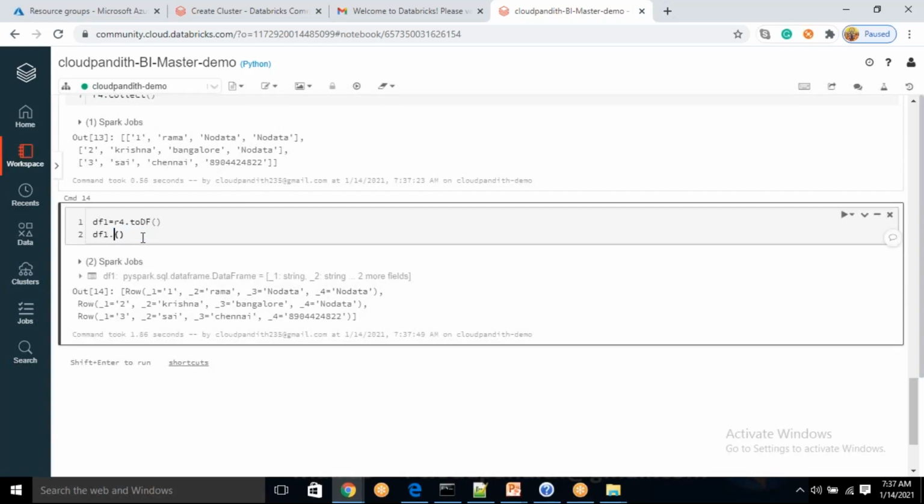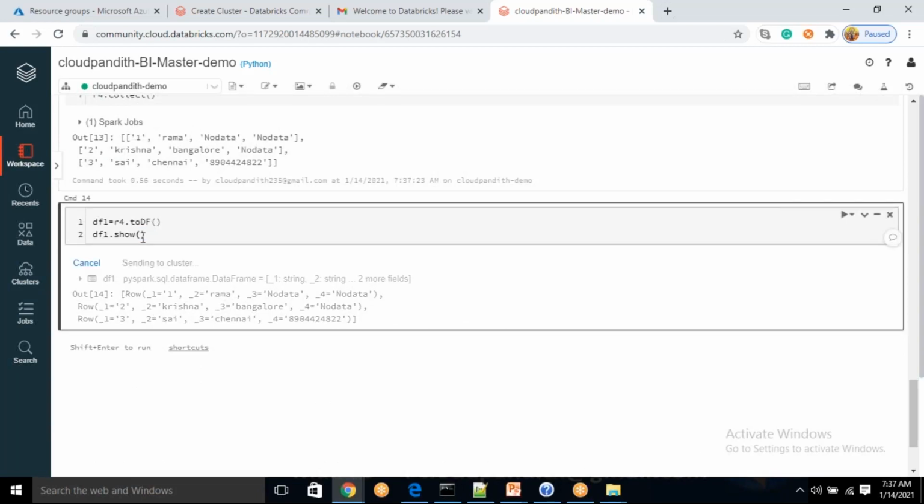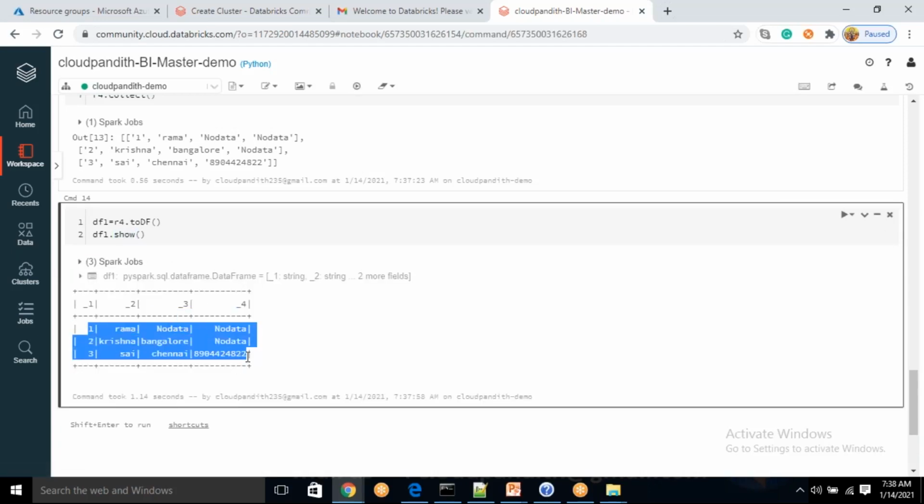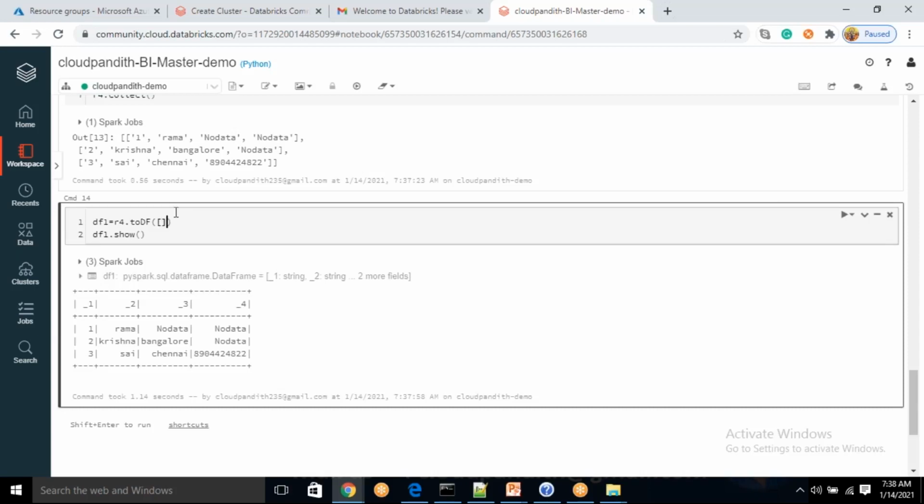Don't do collect, because collect will not show data properly. You have something called show. See, the data is showing properly, right? But I don't have headers here, so I want to provide headers. You can just say headers,